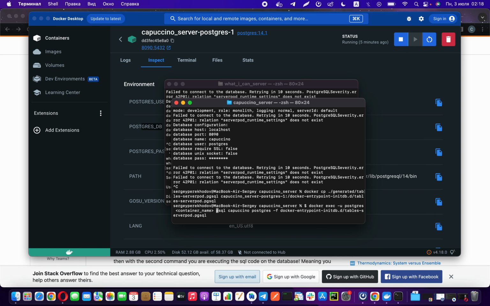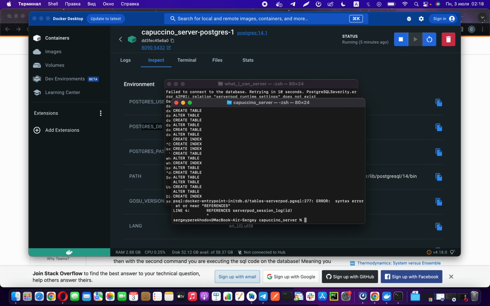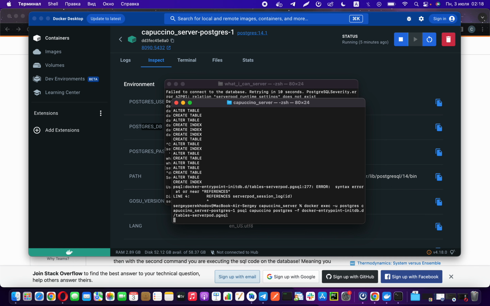And after this we need to just replace the container cappuccino server Postgres 1 and just remove this dollar sign. Nice. Syntax error. We just